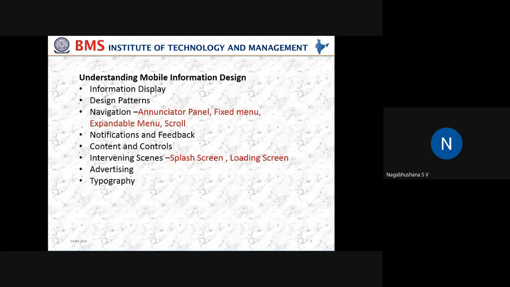So there should be a minimum, limited set of features which can be made available and adaptable in mobile screen devices. So how effectively can you display the information?